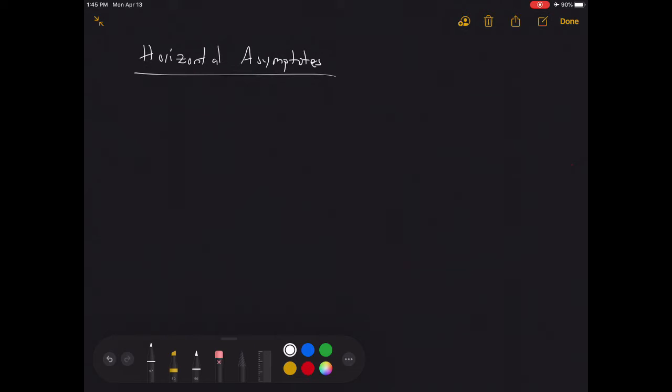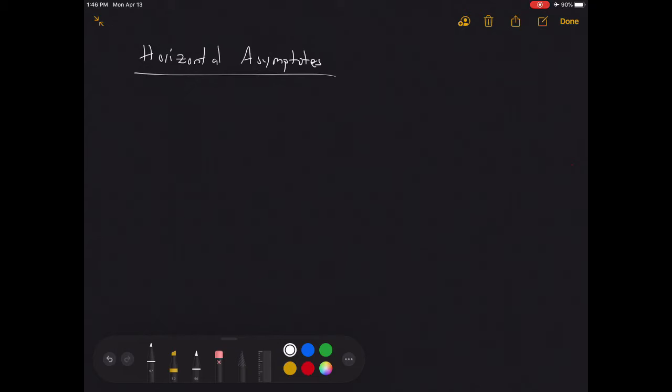All right, now we're going to talk about two more types of asymptotes. One of them is called the horizontal asymptote, and that's what we're going to talk about in this particular section. There's another one called the slant asymptote, and we'll get to that one in a little bit. But the horizontal asymptote is probably the most involved. It's got three different possibilities of what you're looking for, and it really comes down to do you understand how fractions work? So let's talk about the fractional portion real quick, and hopefully that'll make the rest of this make